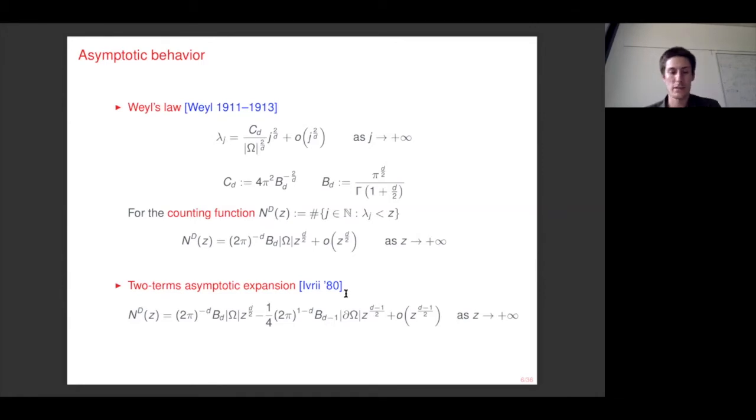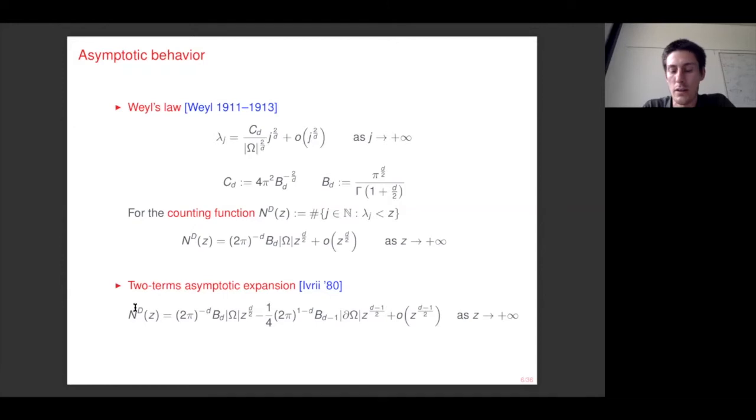For example, we have seen in a seminar of these talks a result presented by Simon Larson, from a collaboration with Rupert Frank, which showed that it is possible to prove a two-term expansion dropping the billiard condition and assuming only Lipschitz regularity for the domain, but not for the counting function, but for a more regular quantity, that is the first Riesz mean, which we will see later.